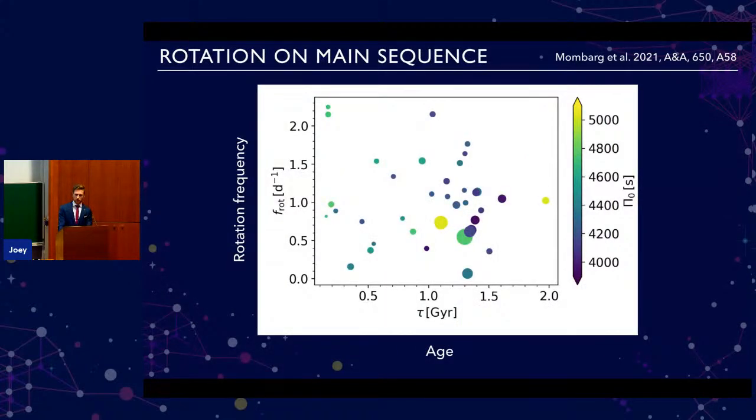So now coming back to the plot that I showed in the very beginning. Here it is showing you the rotation frequency, and now instead of the surface gravity, we can measure the actual age of the star. When we do this, we still observe quite some scatter in the rotation rate as a function of the age. So the initial rotation rate is quite significant. What we find as well is that in general, the evolution seems to be quite consistent with the star rotating or evolving as a solid body.